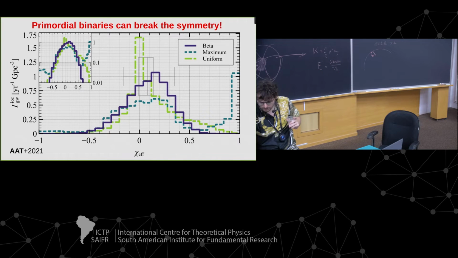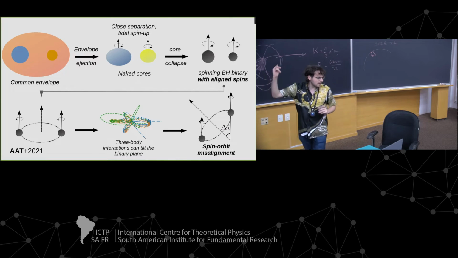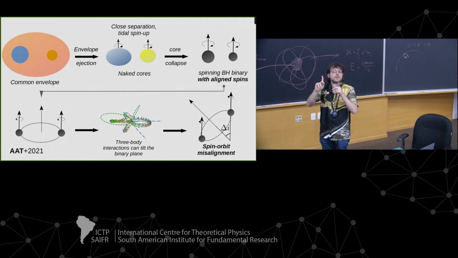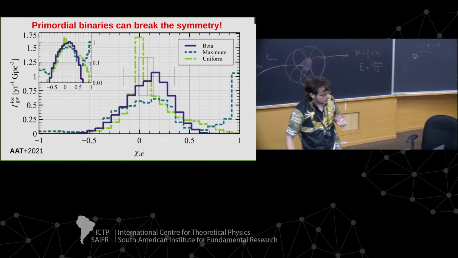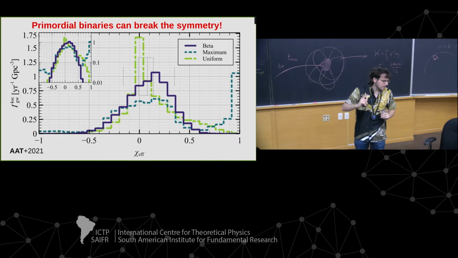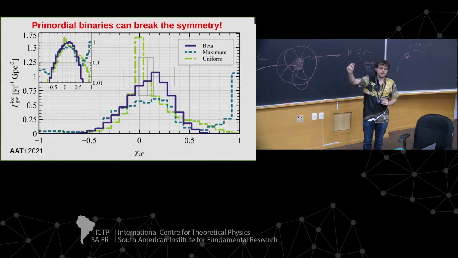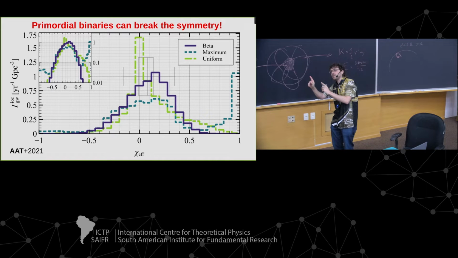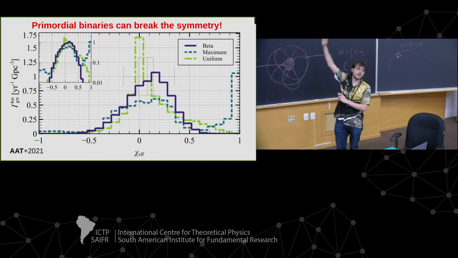By the way, I didn't mention why they should have aligned spins, but it's basically due to tidal spin-up. So if you have two stars very close to each other, they will tidally circularize, and the spin will synchronize to the orbit, just like with the Moon and the Earth. And so eventually, the equilibrium state is with spin aligned, just like the Earth and the Moon. And so what I was expecting is that if you have a single three-body encounter, then you cannot really erase this alignment. So you still keep some correlation, so you can create an asymmetry in the chi-effective distribution. And this is actually much closer to what is observed nowadays.